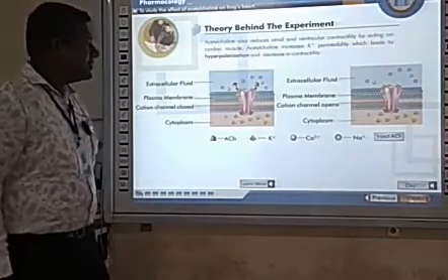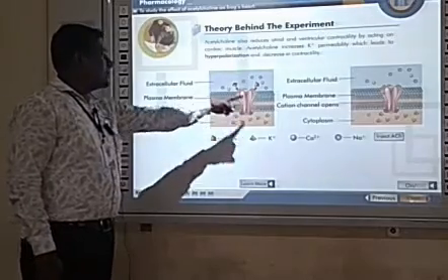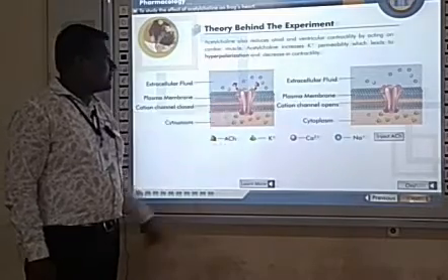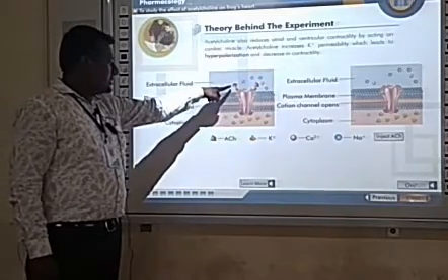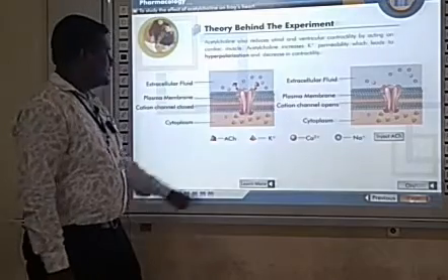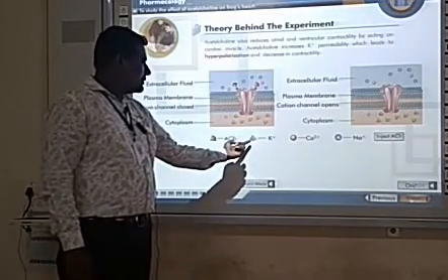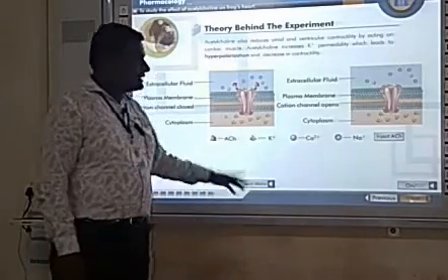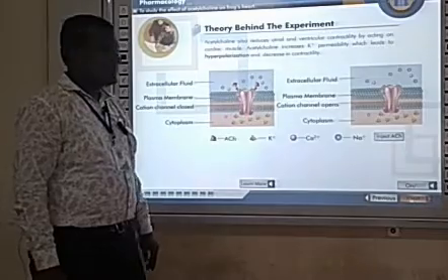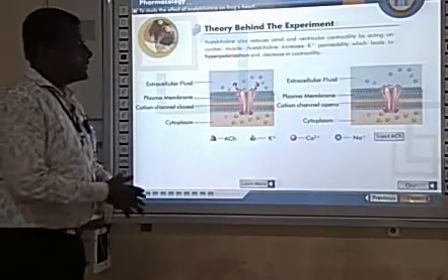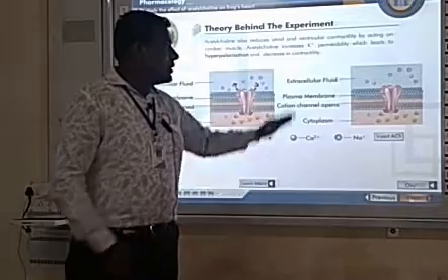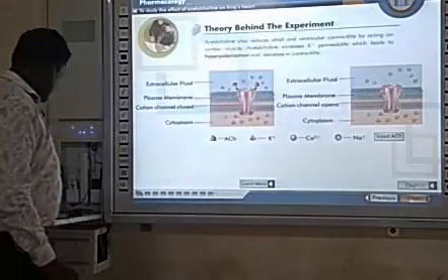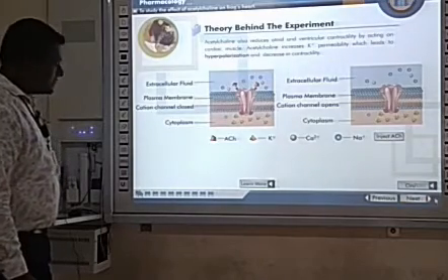Look at this image. Here is the plasma membrane of a heart cell. This is the muscarinic receptor, and this is the acetylcholine. The yellow diamond shape shows potassium, the red color shows calcium, and the blue color shows sodium. So what effect is produced after injection of acetylcholine on that cell? What changes occur after injection of acetylcholine?